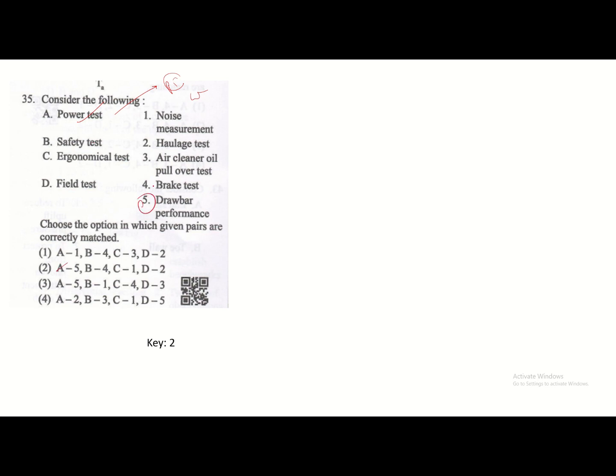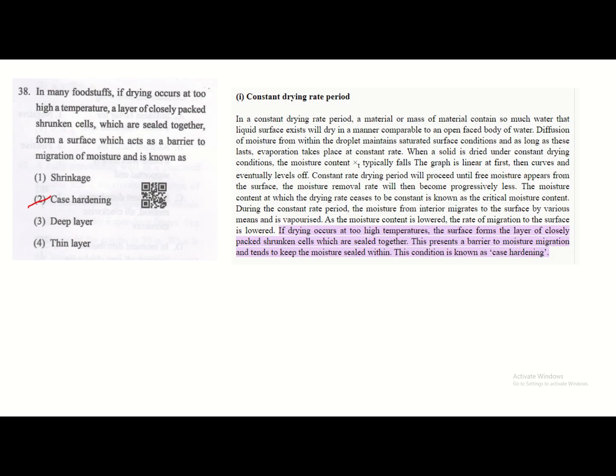And the safety test is always used for the safety brake. So this is the 4. Okay, see, this type is a bit complicated now. So another 2 correct answers remain. The ergonomic test is always for the noise, heart beat, breathing condition. So all of this always comes under ergonomics condition. And the field test is your 3. That is your Halivan test.